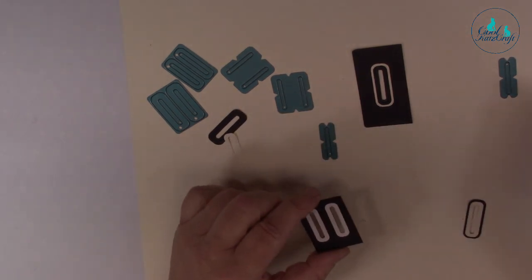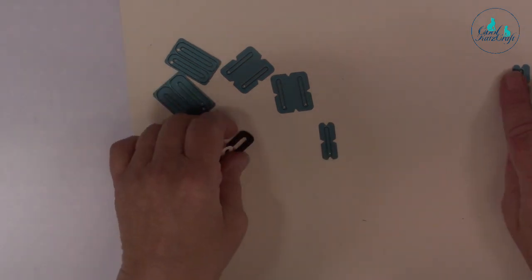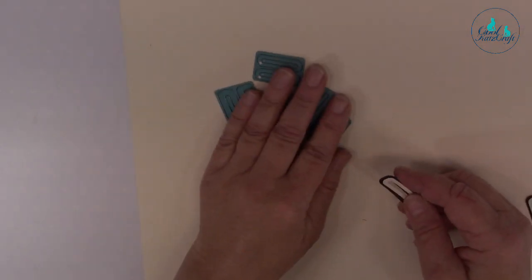That's good. Just saying. Because our dies all work with each other. We try and do that, yes. So